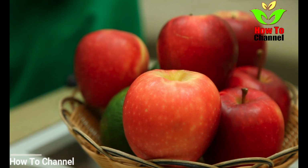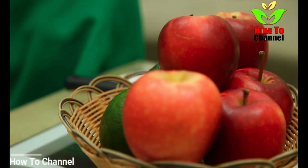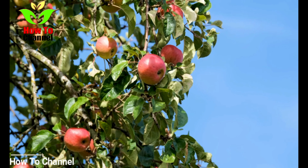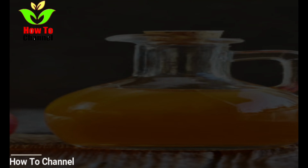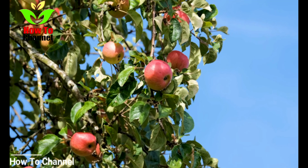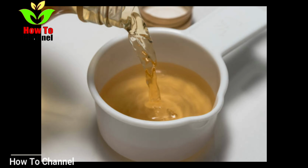ACV can boost metabolism and help in weight loss, strengthen the immune system, improve the condition of the digestive system, stabilize high blood pressure, normalize sugar and cholesterol levels, cleanse the blood vessels and thin the blood, promote overall detoxification, slow down aging, have a choleratic effect, have a positive effect on the condition of the skin, nails, and hair,